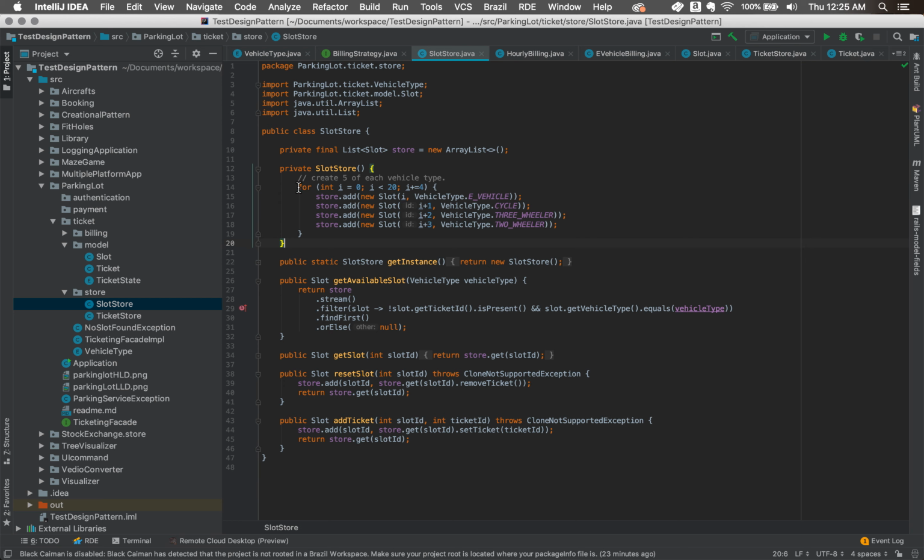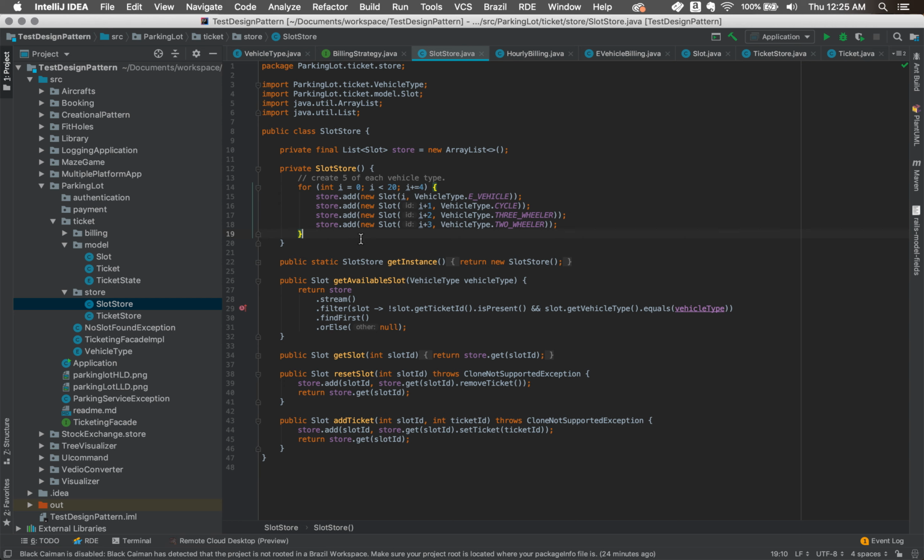So we see an opportunity to separate the implementation of what will be the slot data, and we can abstract out the data into a separate implementation and then use it here. I will ask the viewers to have a look at the bridge pattern to make an implementation change here.